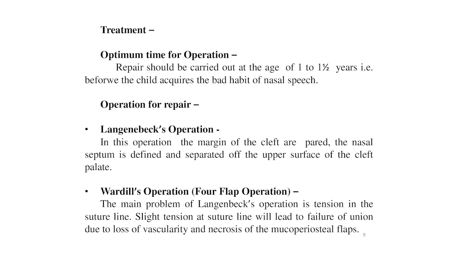The nasal mucosa is sutured with fine catgut. The muscles of the soft palate are sutured with number 0 catgut, whereas the mucoperiosteal flap of the buccal side is sutured with fine silk. All sutures should be interrupted. Tension at the suture line is further reduced by breaking the hamulus process on each side, thus relaxing the tensor palati muscles.